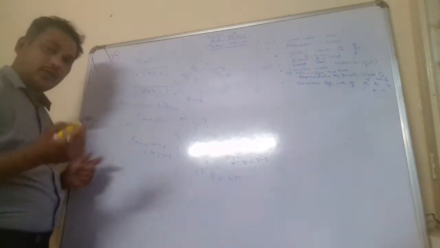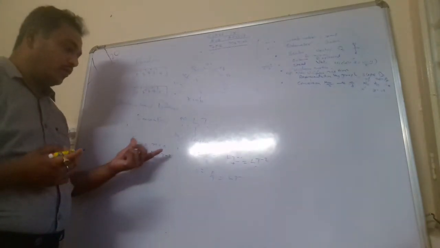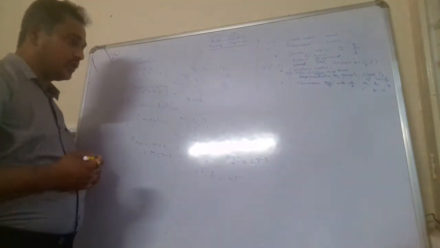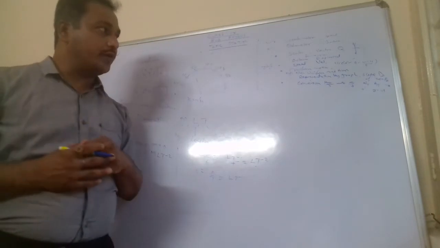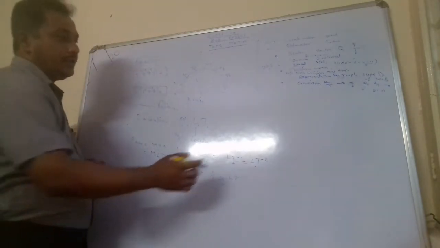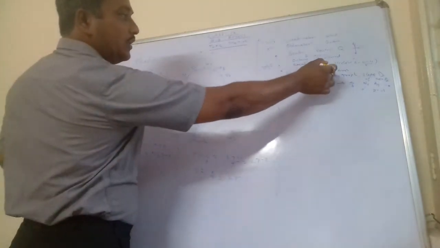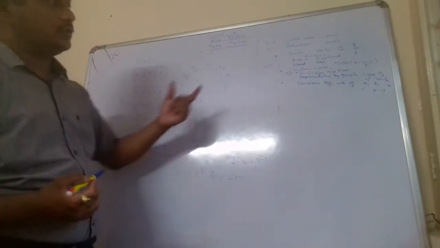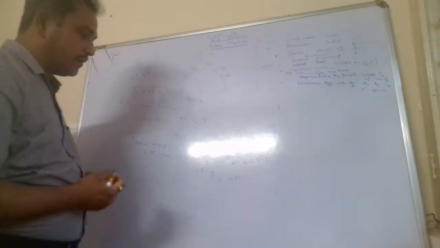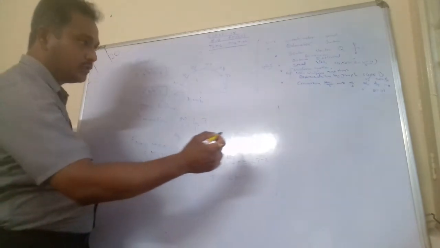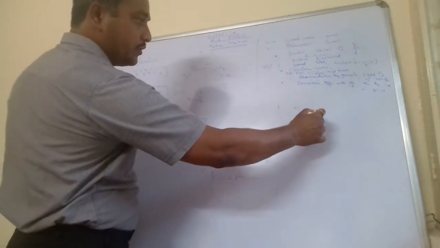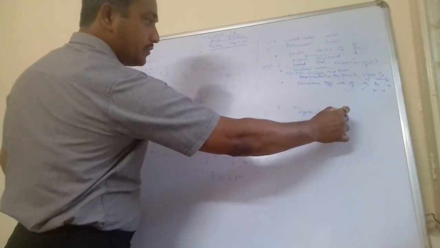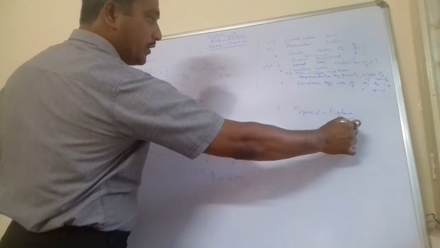So like that you can find the dimension formula for any physical quantity that we discussed as scalar or vector quantity. Other than that, here, speed is equal to distance by time. The basic formula you are aware of. What is the formula? Speed is equal to distance upon time.